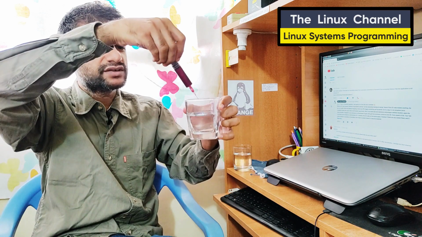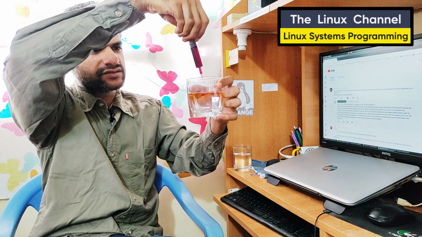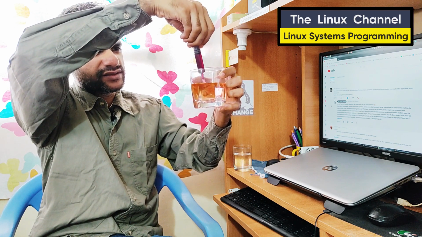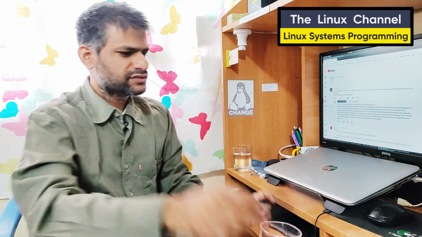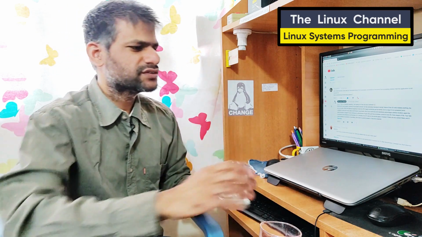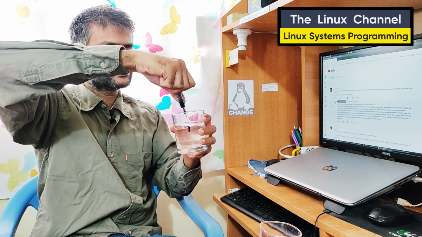I can put a couple of drops of this red ink, so that it appears clearly in the camera. I just put this red dye in that, and I have another glass of water, and we can put the regular blue ink into this.